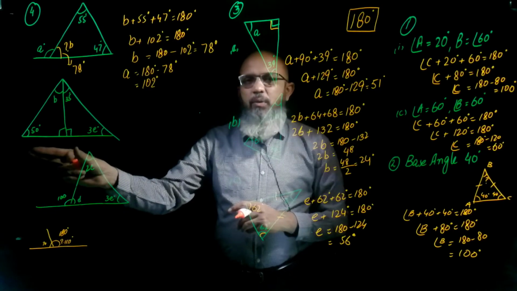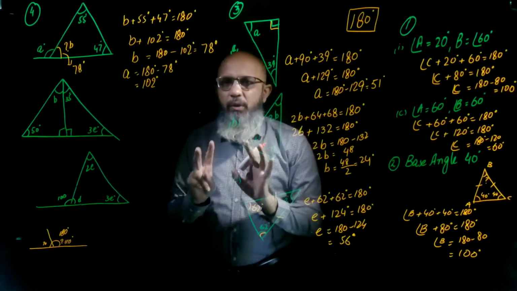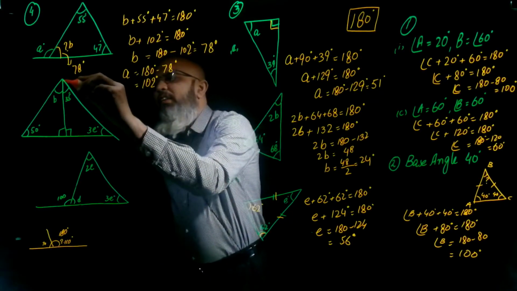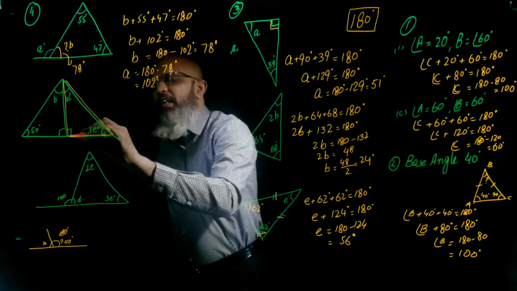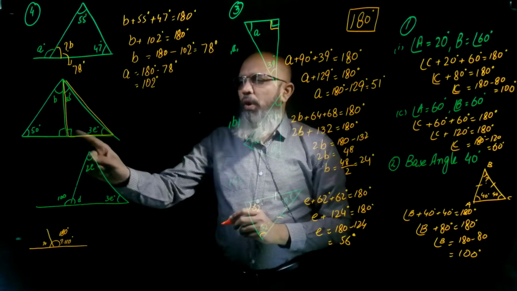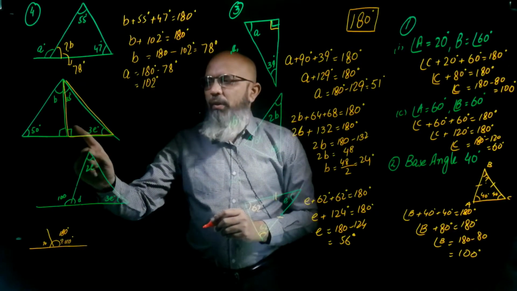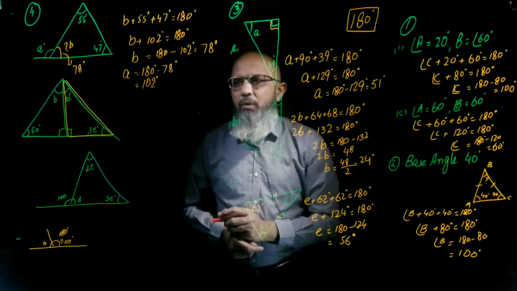So come to this question. There are two triangles and there are two unknown angles, right? So first we'll consider only this triangle. We will discuss this triangle. So what will be your equation? What type of angle is this one? This is a right angle. So what angle is this one? That is 90 degree.